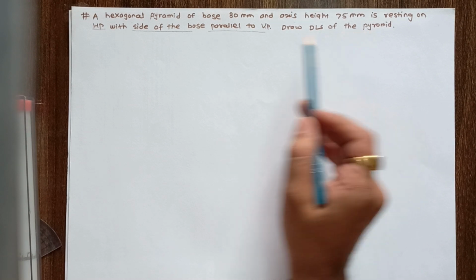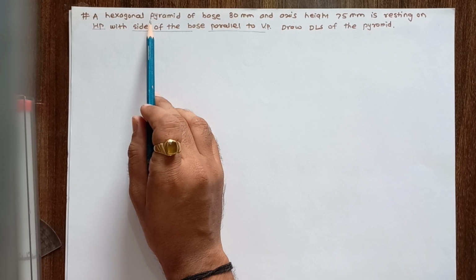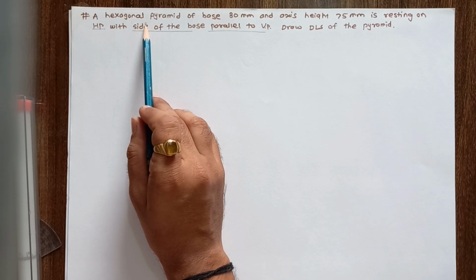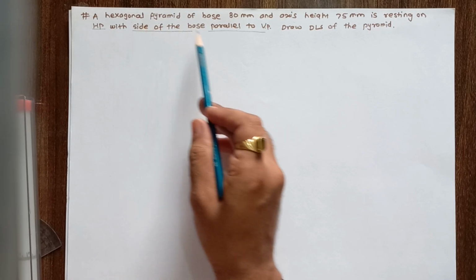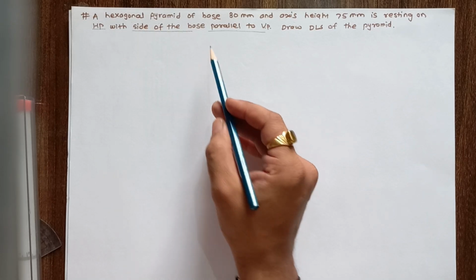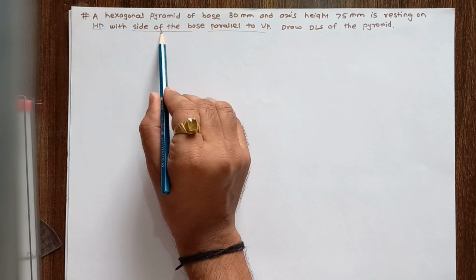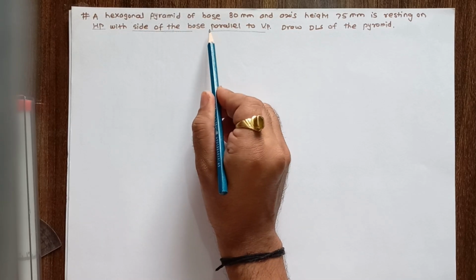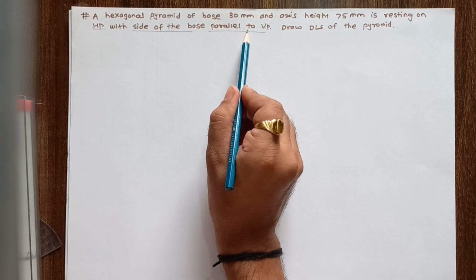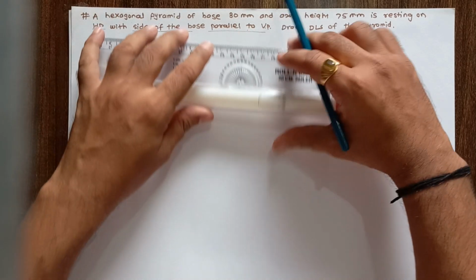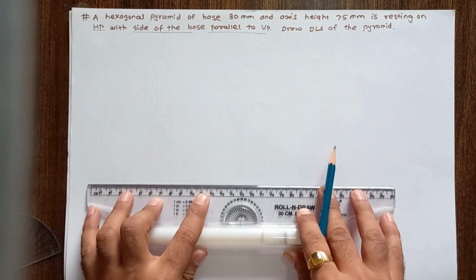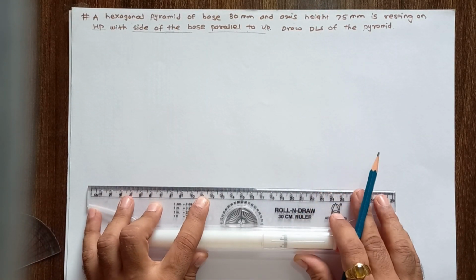Now friends, we know that a hexagonal pyramid is made up of a hexagonal bottom plane and the edges are bounded by 6 isosceles triangles. Now here in this problem statement one condition is given, and the condition is the side of base of the hexagonal pyramid is parallel to vertical plane. Now we have to satisfy this condition. Now for this problem we require front view and top view